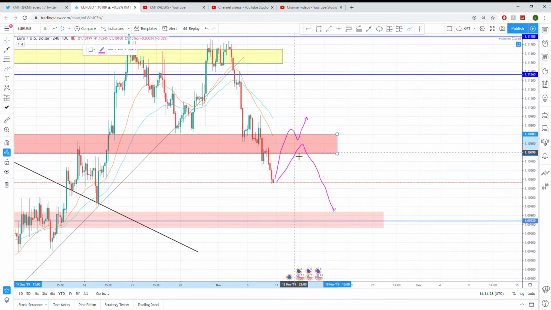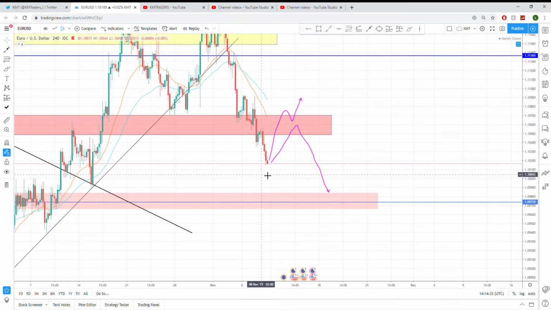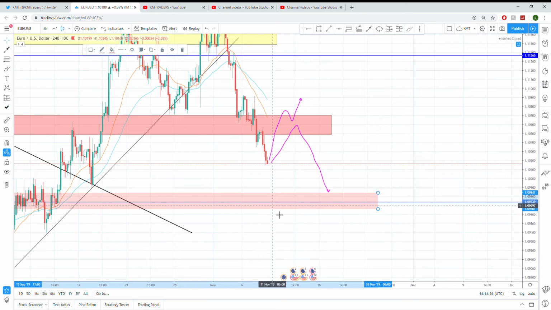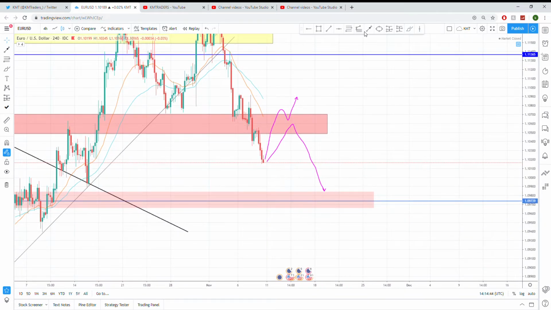Now, if price is able to get into this region here, and that's at 1.098 to 1.096, essentially it could respect one of the two following. We get that push to the upside, so if price is able to reject this area again, we may expect price to come back up, or we'll get that push and closure to the downside with that rejection to the upside,